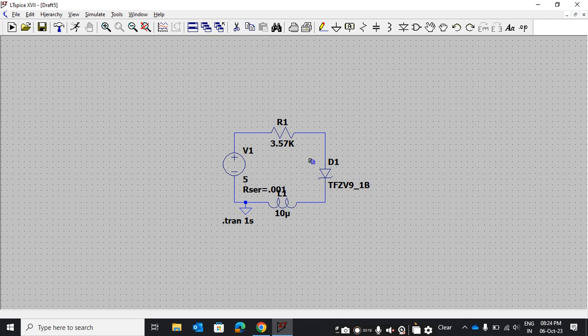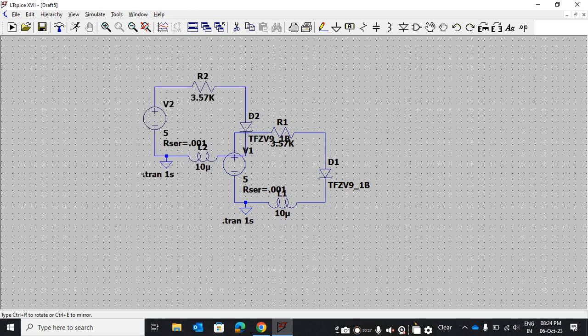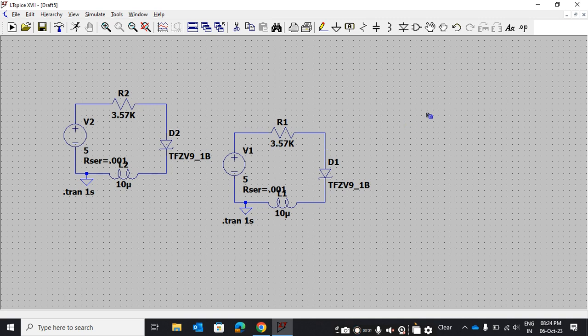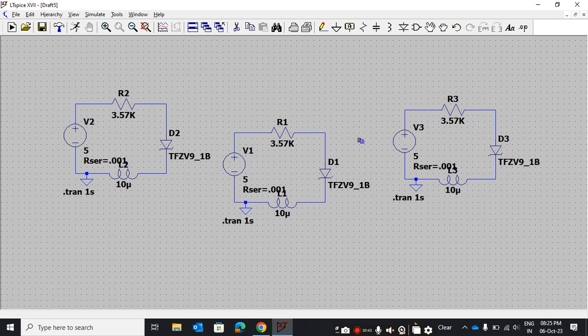And this is the copy option. By copy, you can make another copy of the circuit, like right click and drag, so you will get another one and click here. Like if you want to copy this circuit here also, click here. Oh, you have to select again, then like this. Okay,